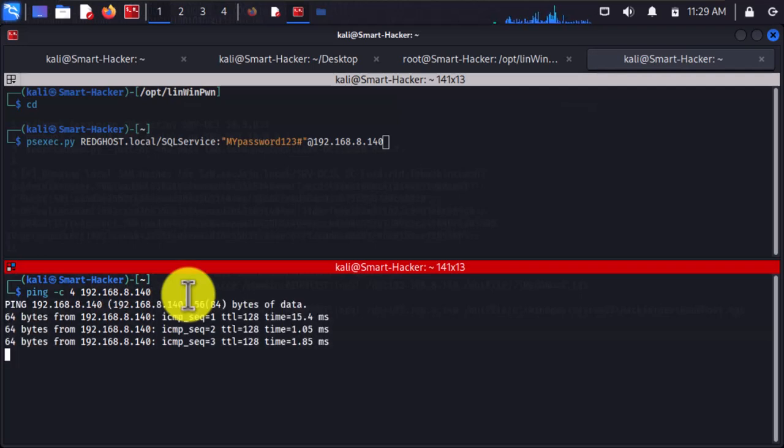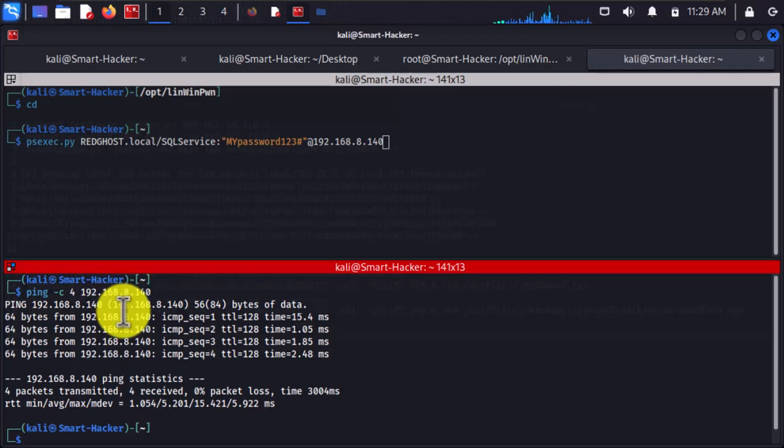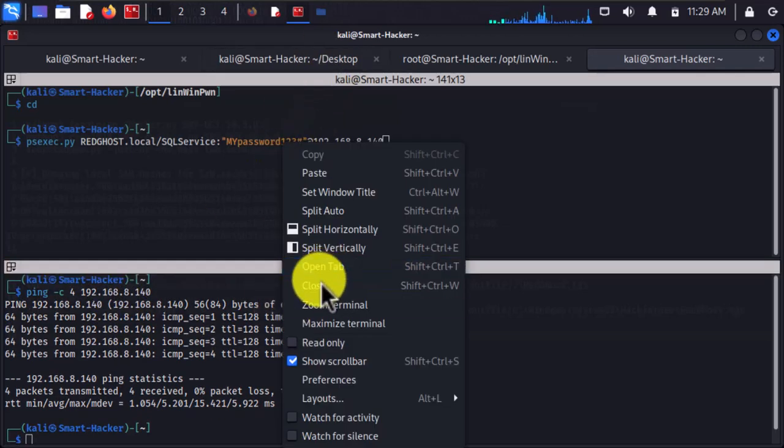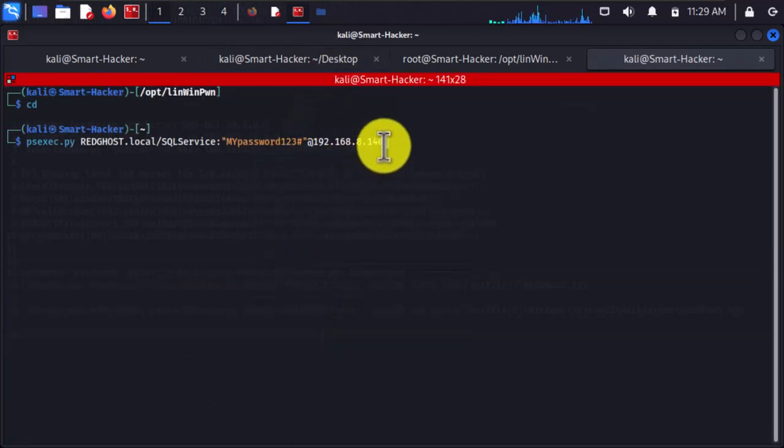Okay, we can ping, so that means the machine is alive. So let's run the command. So psexec redghost.local, this is the domain slash the user, the SAM account name, something like that. With the SAM account name, we now put the password at this particular IP. So once you click enter,